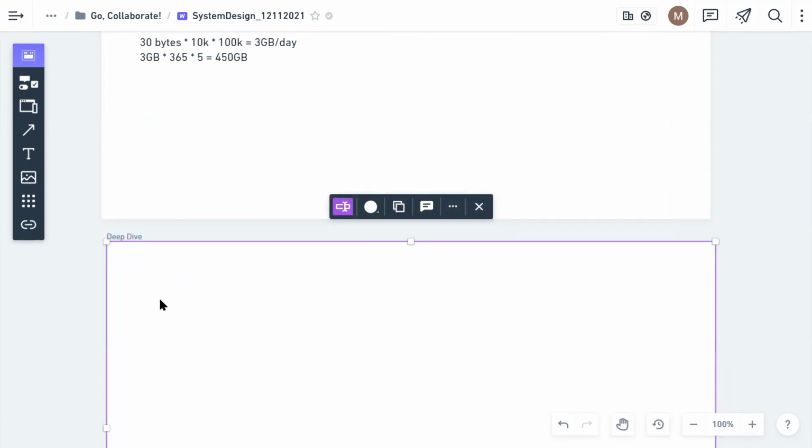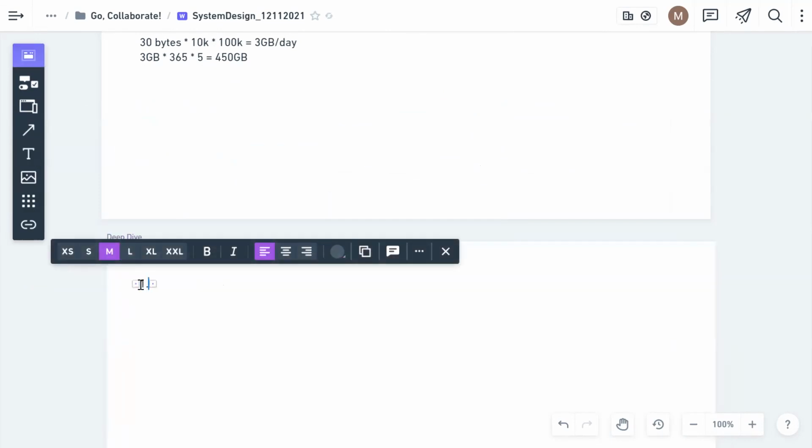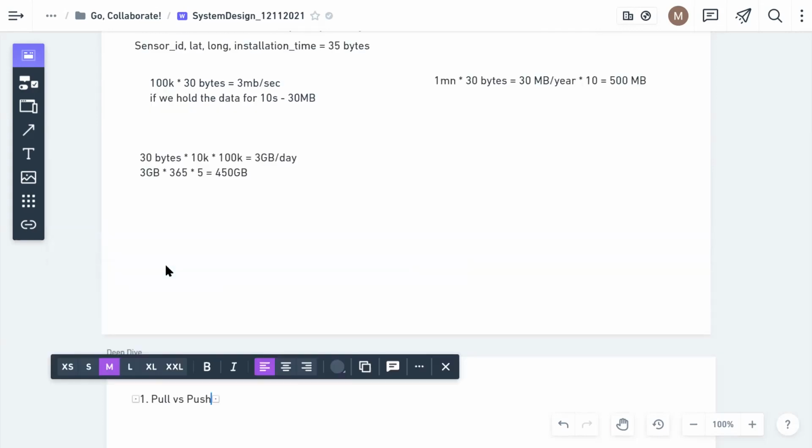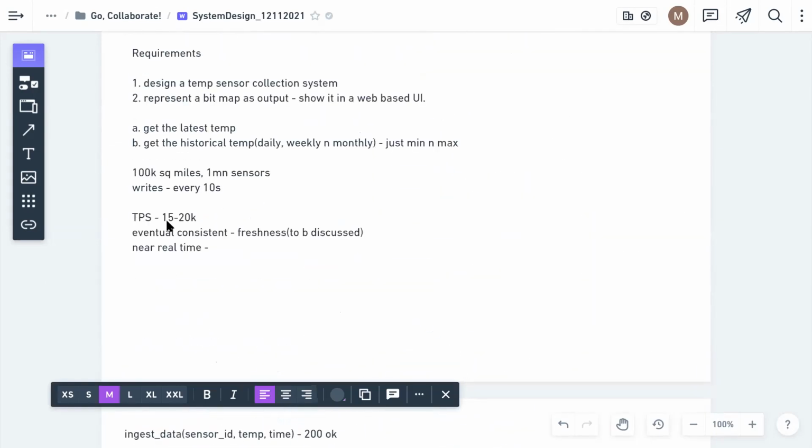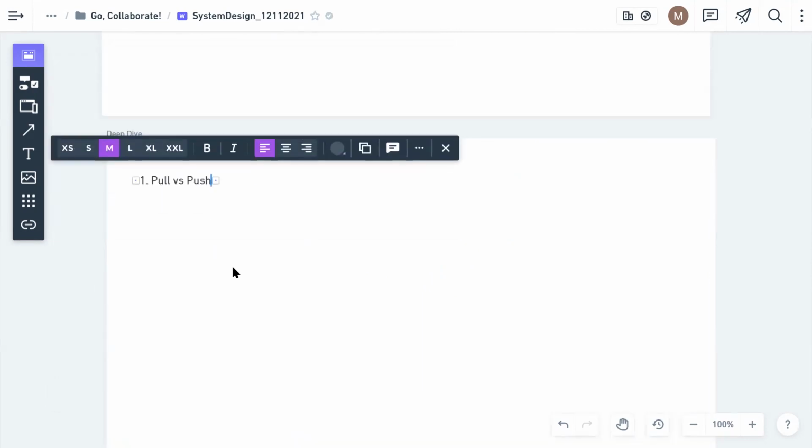So first of all, you want to talk about the push and the pull model, right? My thought process was for real time, if we keep on pulling the data, for pulling we'll have to pull when the new fresh data is available. So that will overwhelm our database. We won't be able to handle that much traffic, because we have a TPS of 15 to 20K per second. So we have 20K reads per second, and that will be quite overwhelming for the database to handle that many connections. So better, for such a high number of reads, if we introduce a cache in front,